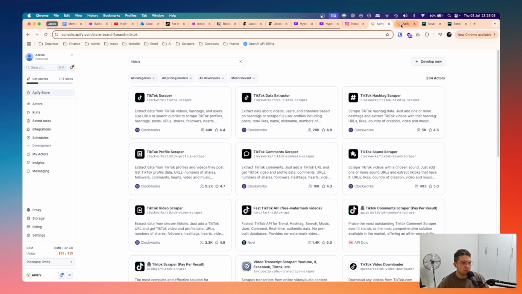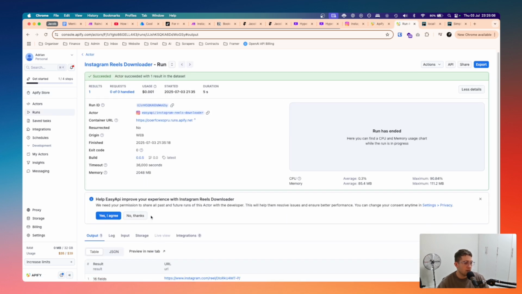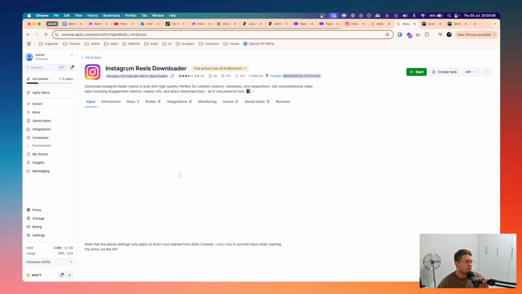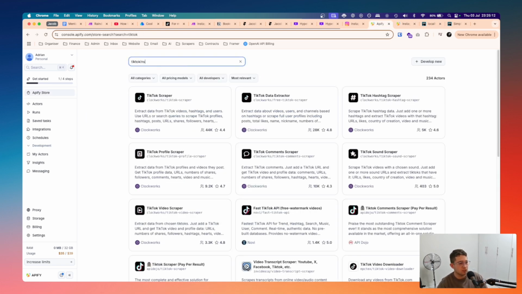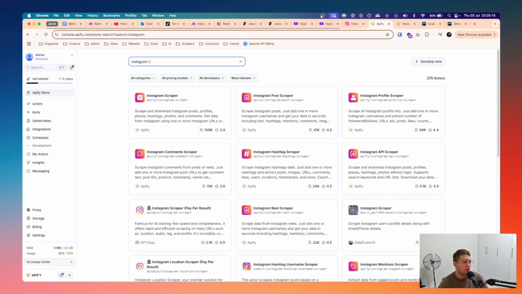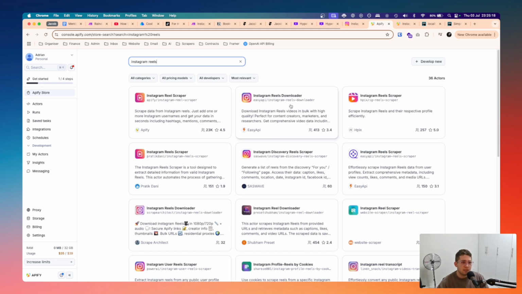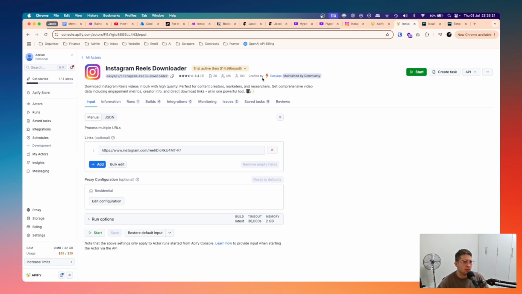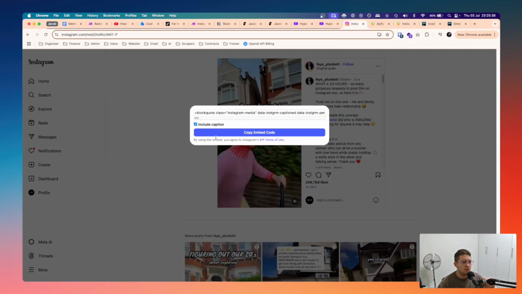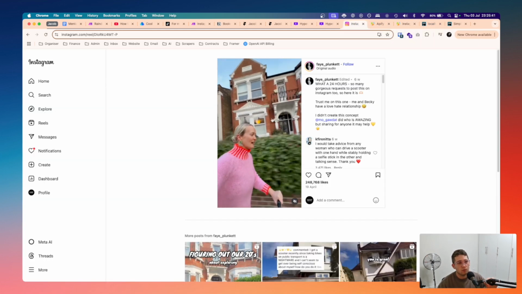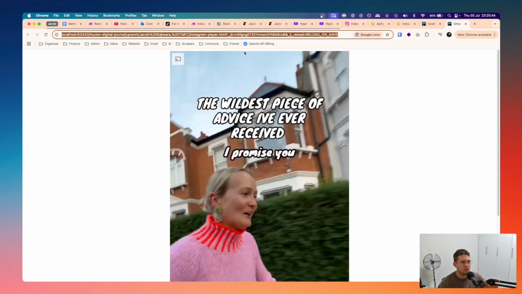And I've actually found this Instagram Reels downloader, right? So if we go here, you just search Instagram on Apify, Instagram Reels, and then I think it's this one, Easy API. Yeah, Easy API. It is going to cost $14 a month, which is, I mean, it's expensive, right? But if you want the result, you have to use something like this. So yeah, I'm going to have to tell the client that if he wants Instagram support, that's the only way, right? Instagram is not going to give you, even if you do this embed, they're not going to give you the raw MP4 or whatever. They're just like, why should we do that?